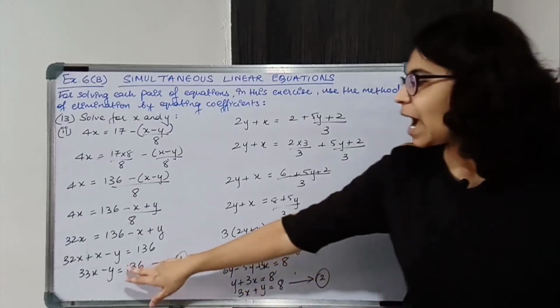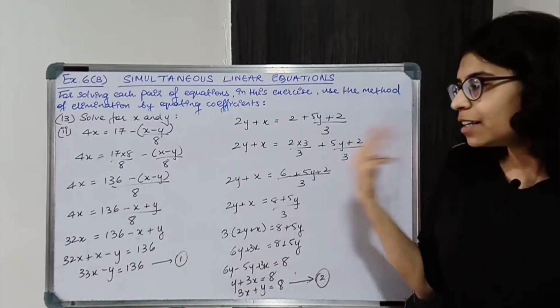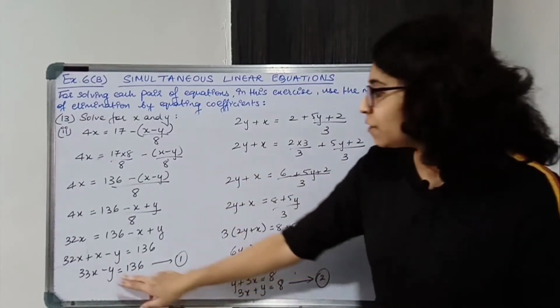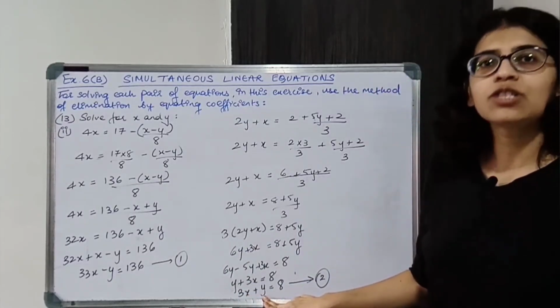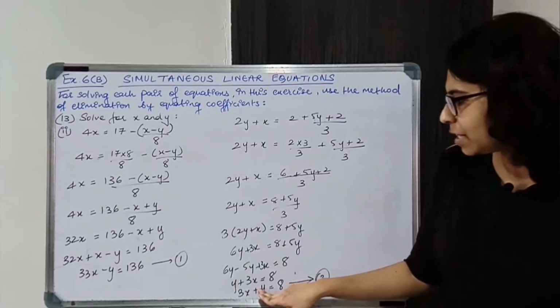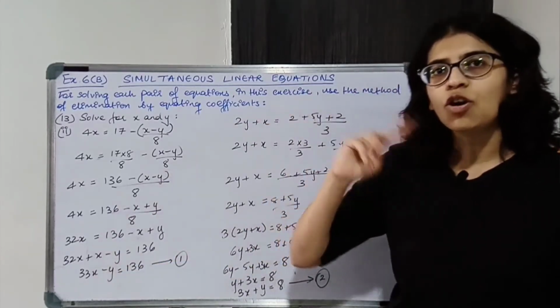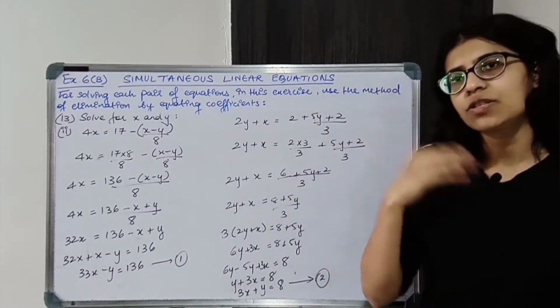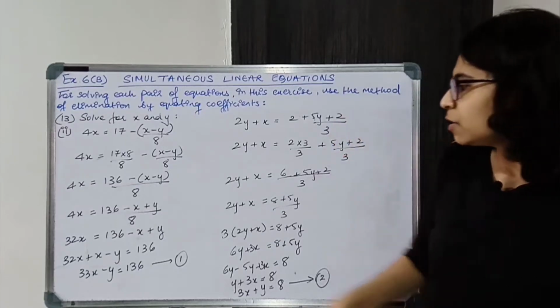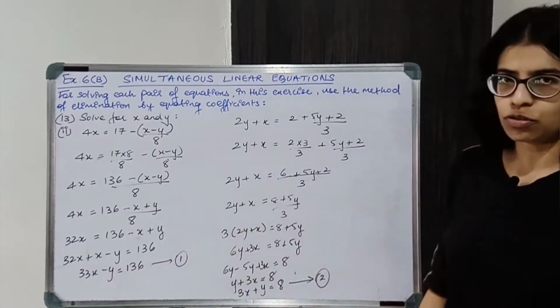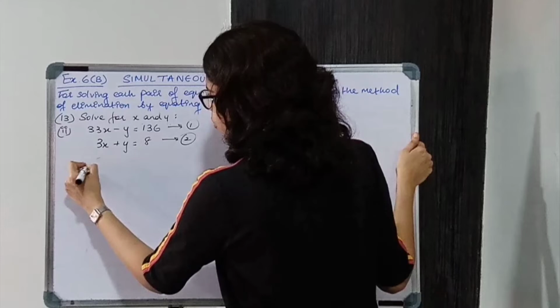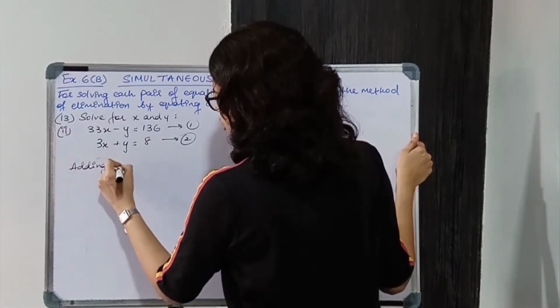Okay, we'll add or subtract. Third step, we'll add the equations or subtract the equations. We will add them because signs of the coefficients are opposite. यहाँ पे +1y है, यहाँ पे -1y है. Okay, so signs opposite होता है तब add करते हैं and जब same होता है तब subtract करते हैं. So we will add these two equations. So adding equations 1 and 2.